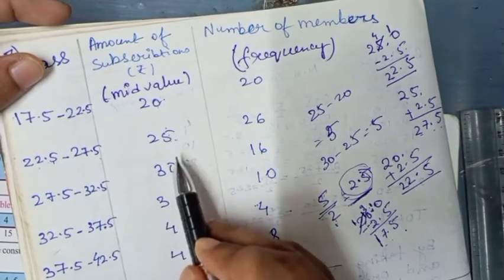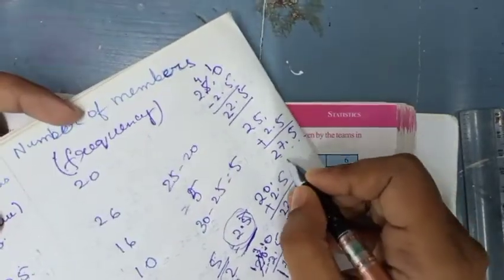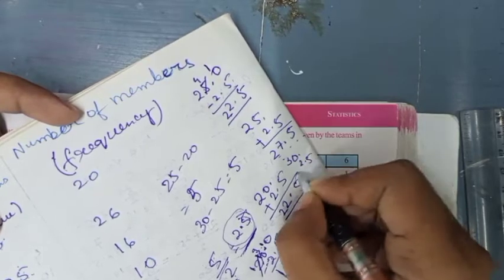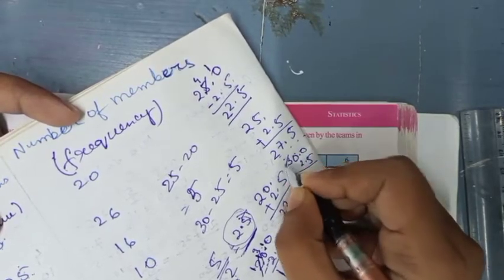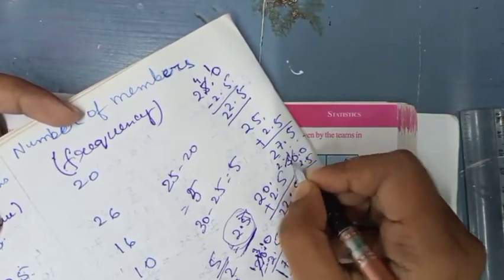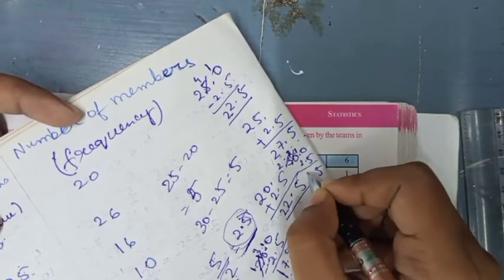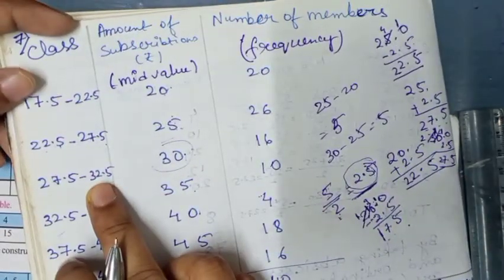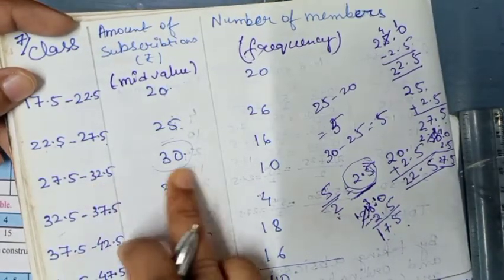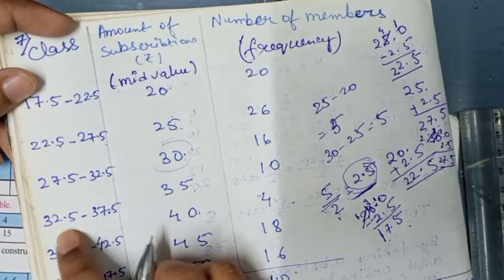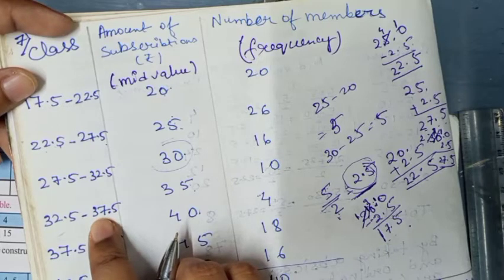Again the same thing in 30. When you subtract 2.5 from 30, it will become 27.5. When you add, you will get 32.5. Again in 35, when you subtract 2.5, you will get 32.5, and when you add, you will get